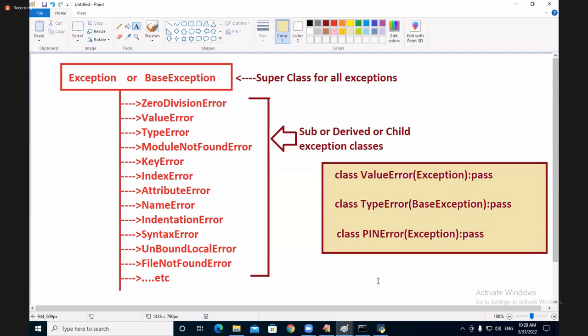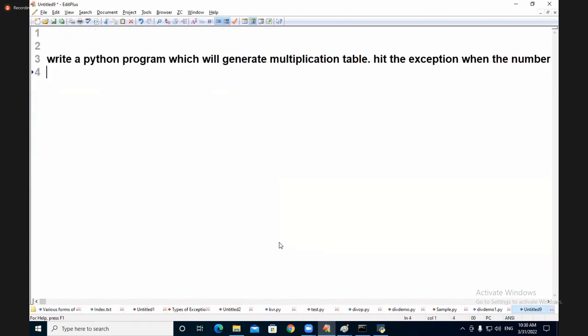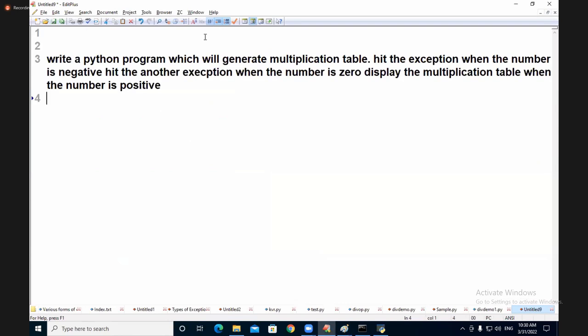How many exceptions do I have to develop today? 2. Yes, ma, Vishwa, very good. Vishwa, you are posting the question. Very good. So it will reduce my job, I can do it quickly. So this is my question. See. Write a Python program which will generate multiplication table. Hit the exception